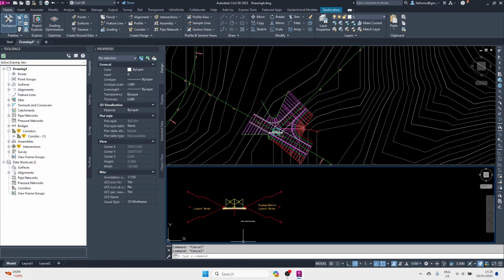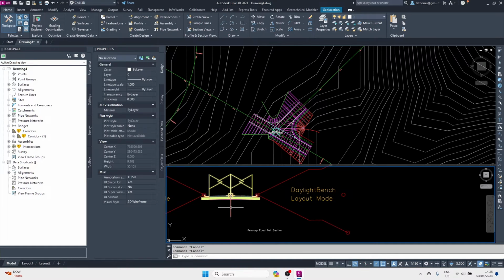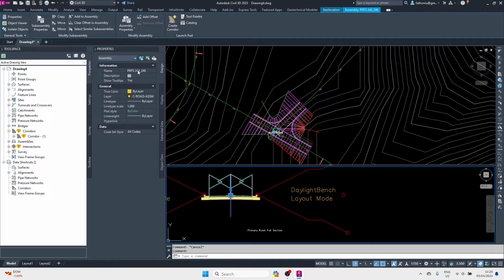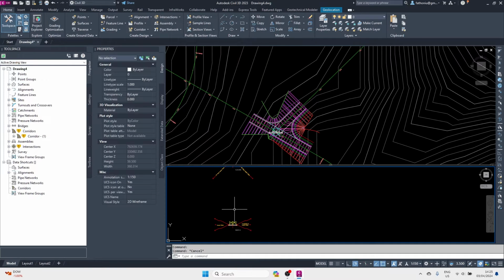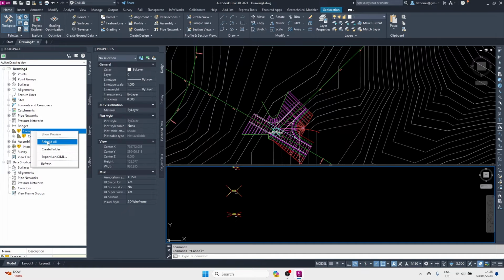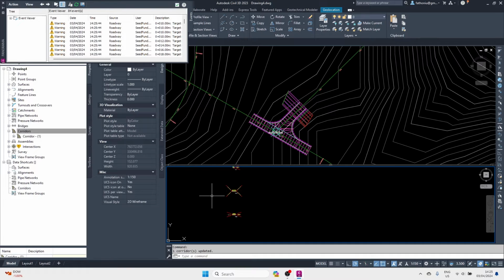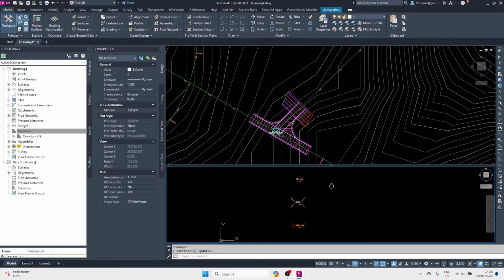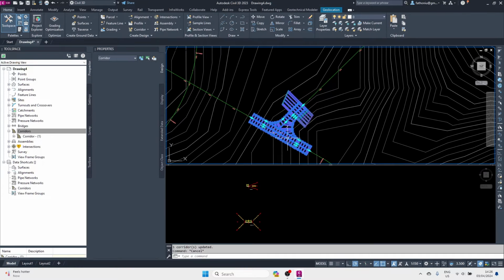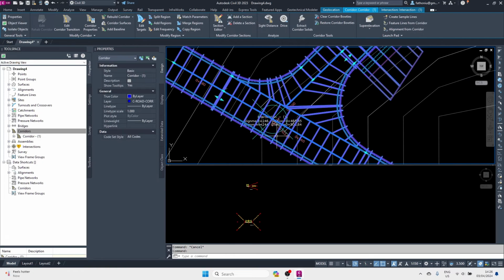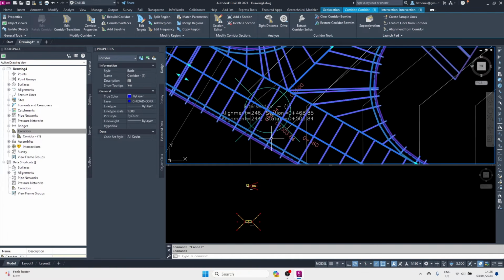First, this one, primary root full section here, we change to this one. We can already do this one. Right click, select the corridor, and then rebuild all. Let me see whether you can see that this one we have to change a little bit, some more here. And then so what is this region? So it not captured the daylight.